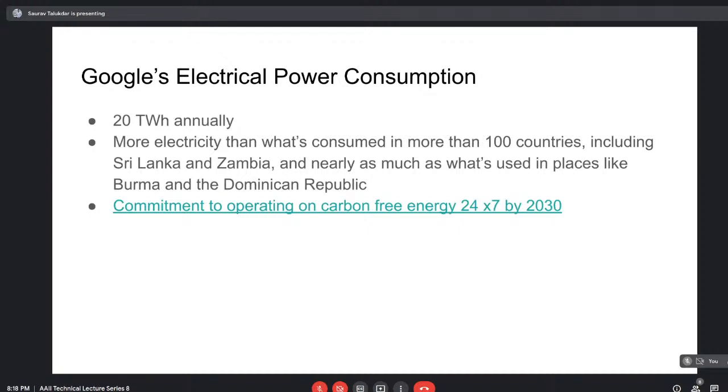And what Google does today is that whatever amount of electricity it's using is, let's say, coming from a non-renewable source, it would buy the same amount of electricity from a renewable source in some other region, and it's trying to offset that. But that's different from saying that we will start using renewable energy in every single operation of ours. So that's the goal Google would like to reach by 2030. And that's one of the bigger motivations for